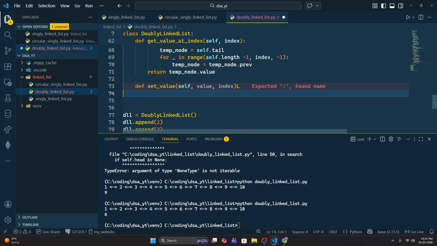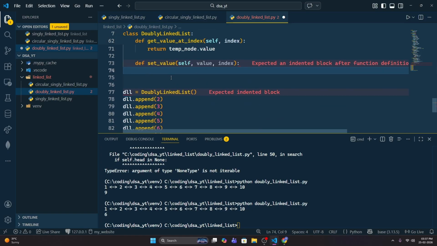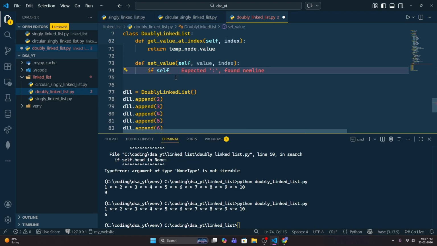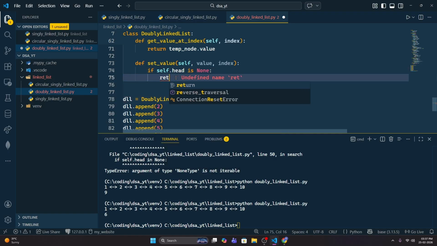And also here you can use the method I have used above, which will reduce the time of the linked list for updating, but I'm not using it here because it will increase the length of the video. So what we'll do is, if self.head